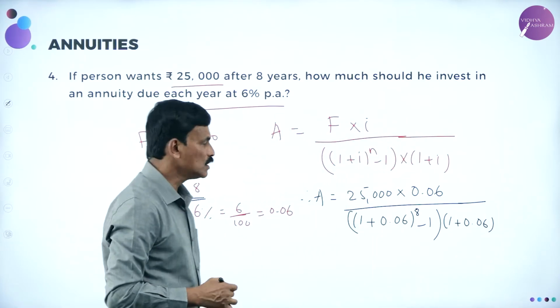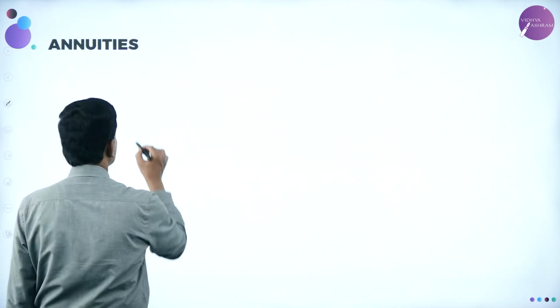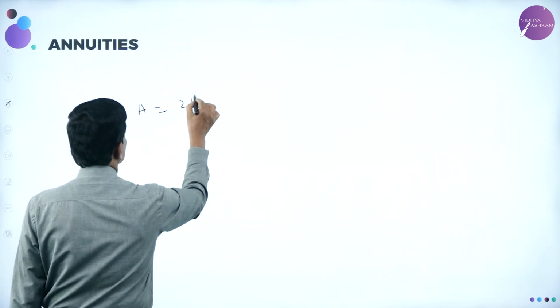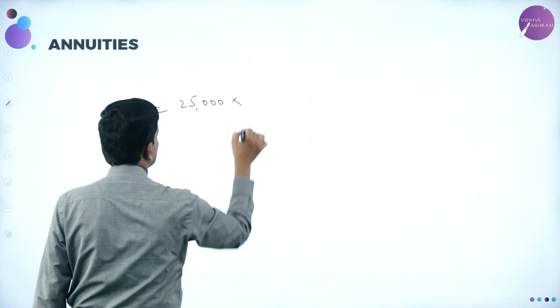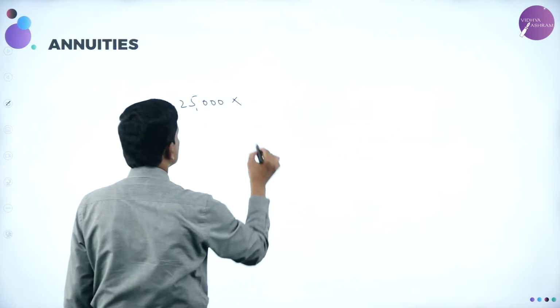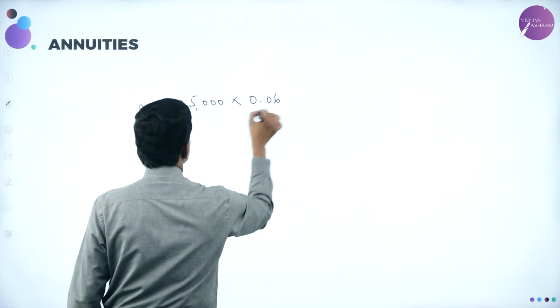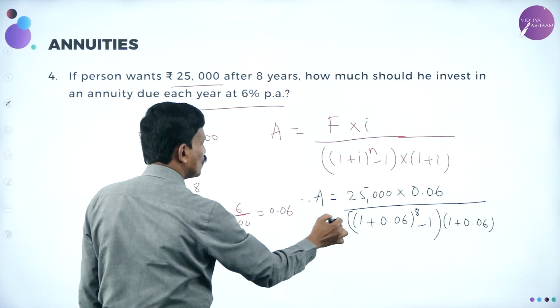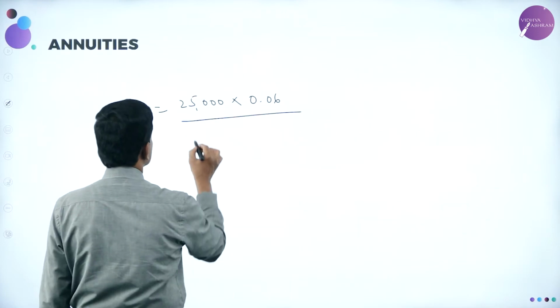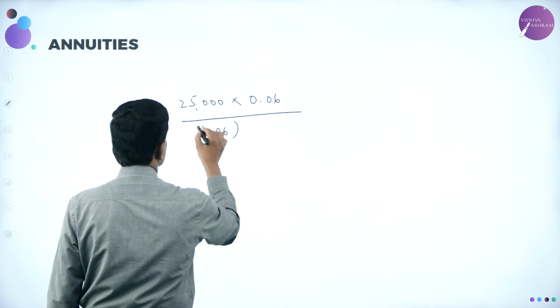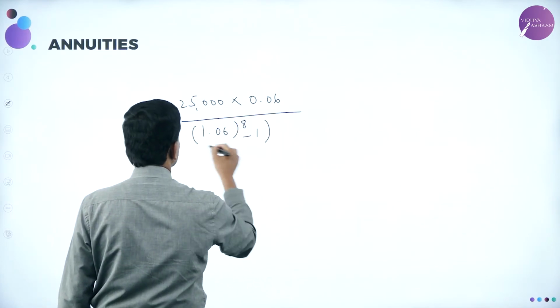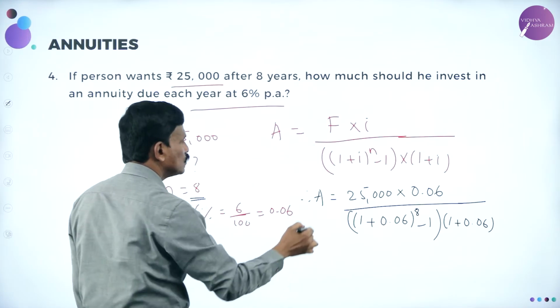Simplify this, that's all. So that is A is equal to 25,000 into 0.06 divided by 1 plus 0.06 is 1.06 to the power of 8 minus 1 into